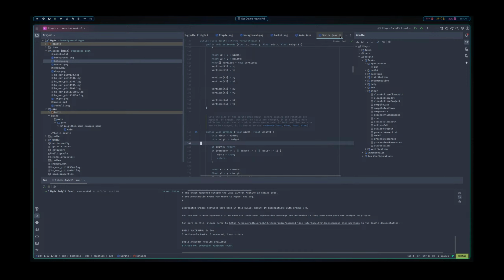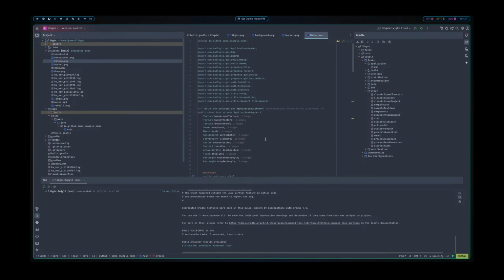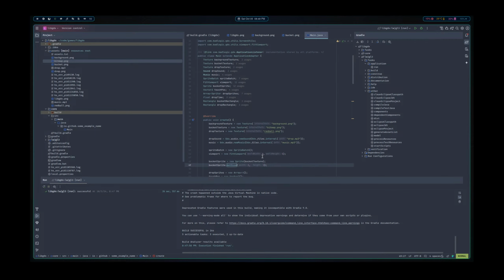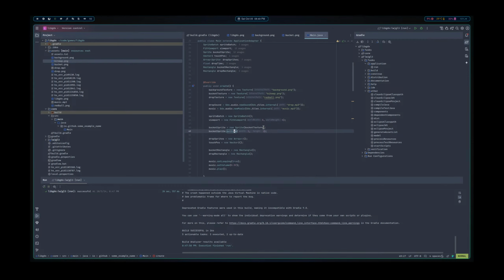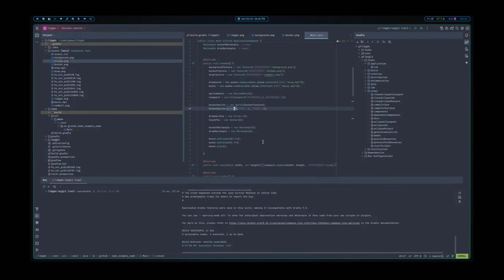Okay, so sprite.java. Wait. Russ is gonna be pumped. Yeah, so I'm gonna try and make a breakout game, basically. Now I'm trying to figure out where the set size. Wait, where set size